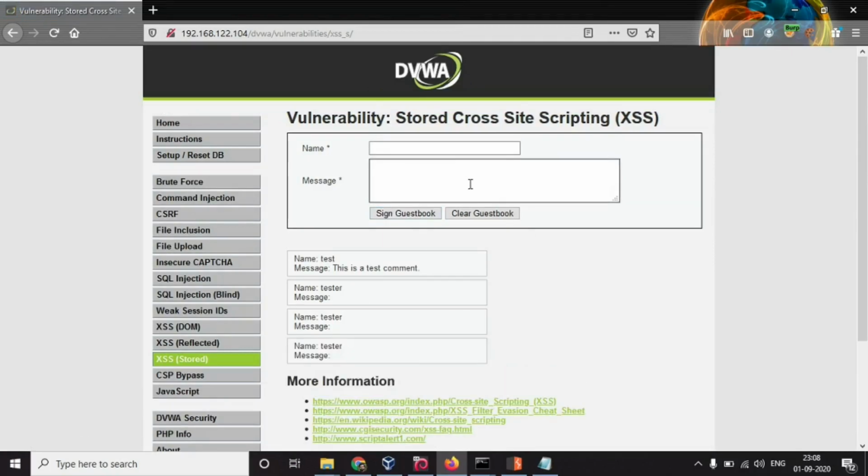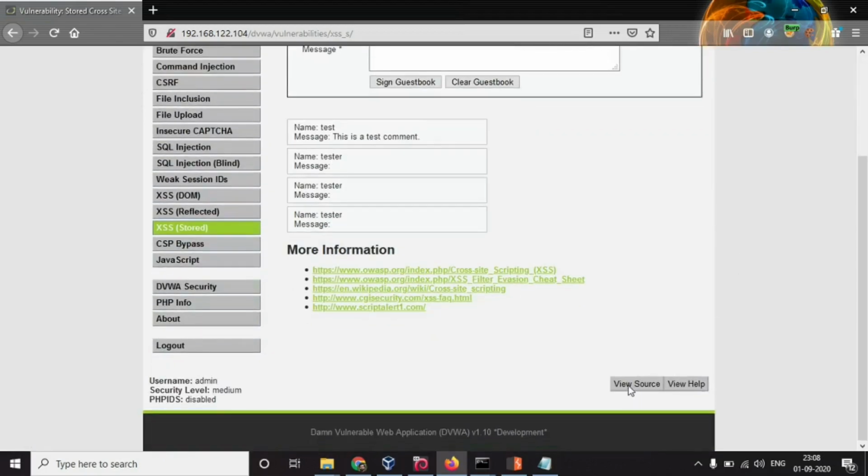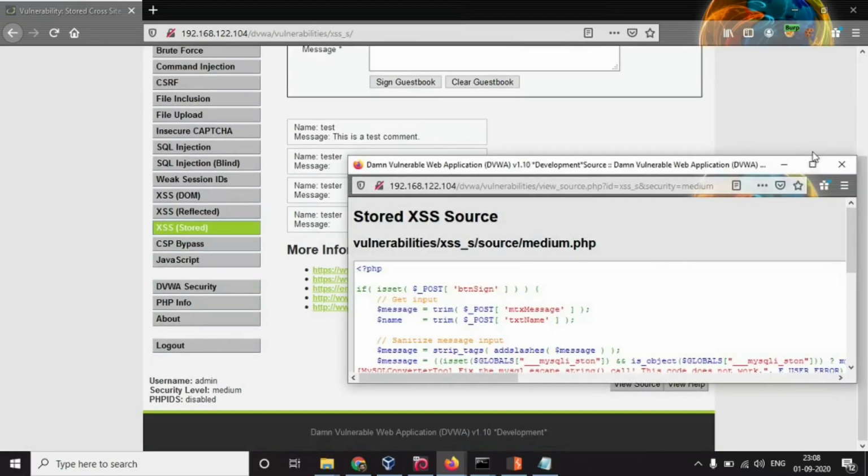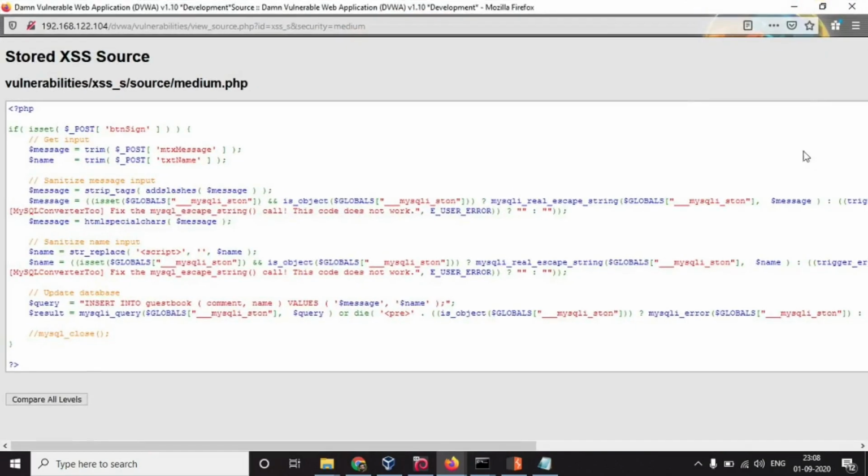Somehow this payload is not working. Let's view the source to find out why. Okay, so this particular piece of code is removing all the HTML tags and adding backslashes, and this particular piece of code is converting all the HTML tags to HTML codes.